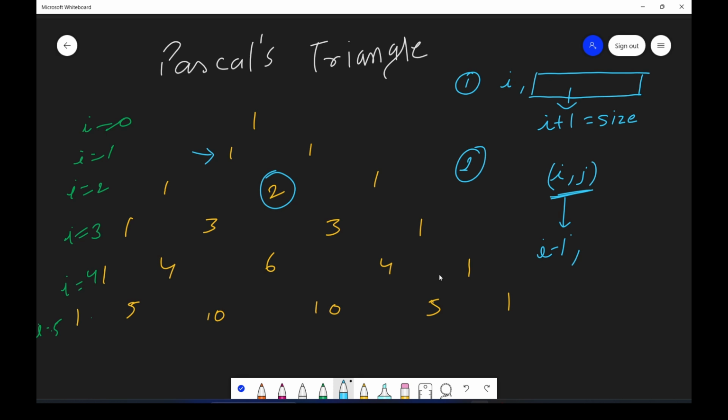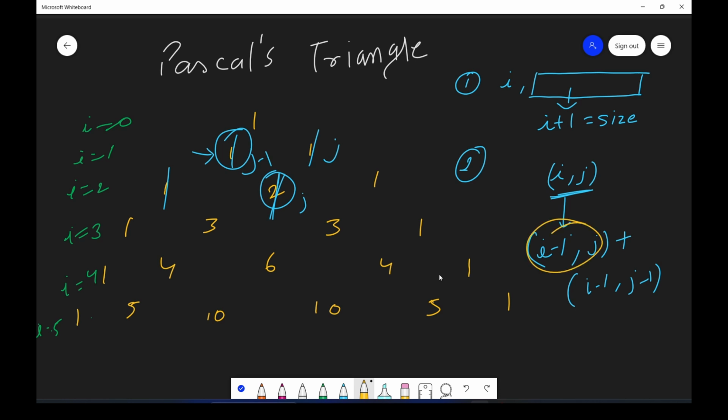If this is J, second column, this also will be J. So I minus 1, J plus I minus 1 and this one, which is J minus 1. These two positions, whatever the element is here and whatever the element is here, when we add them, we will get the element at this position.